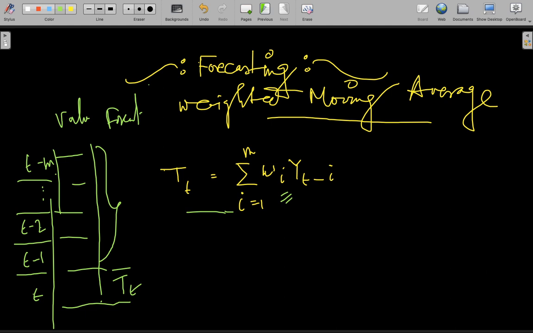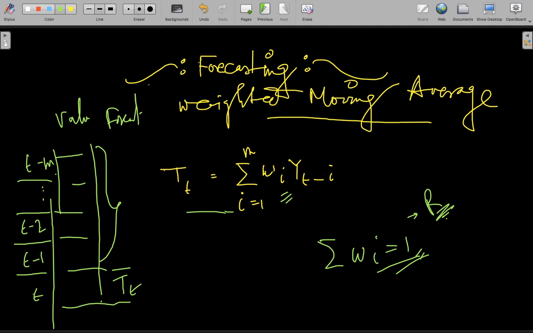One more point: often it is said that the summation of w_i has to be 1. In many textbooks you will see that, but not necessarily. In R we can put different weights, which may not sum up to 1, maybe more than 1 or less than 1, but it will take your weights, so there is no problem. It is more like the different weights that you use in machine learning. You use this kind of concept in other places also. You don't have to have the weights equal to 1.